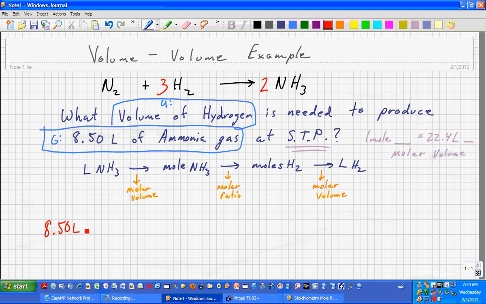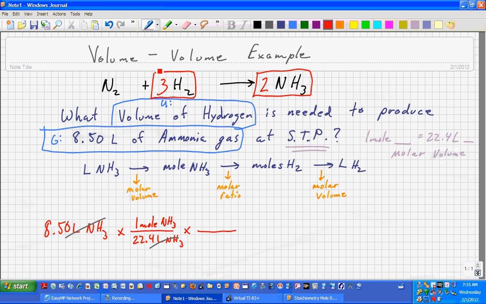8.50 liters of ammonia times, I need to cancel liters, so 22.4 liters goes on the bottom. 1 mole, because it's molar volume, goes on the top. So at this point, I've canceled my liters of ammonia, and now I'm ready to go to moles of hydrogen from moles of ammonia. The way I'm going to do this is I'm going to use my balanced equation to come up with